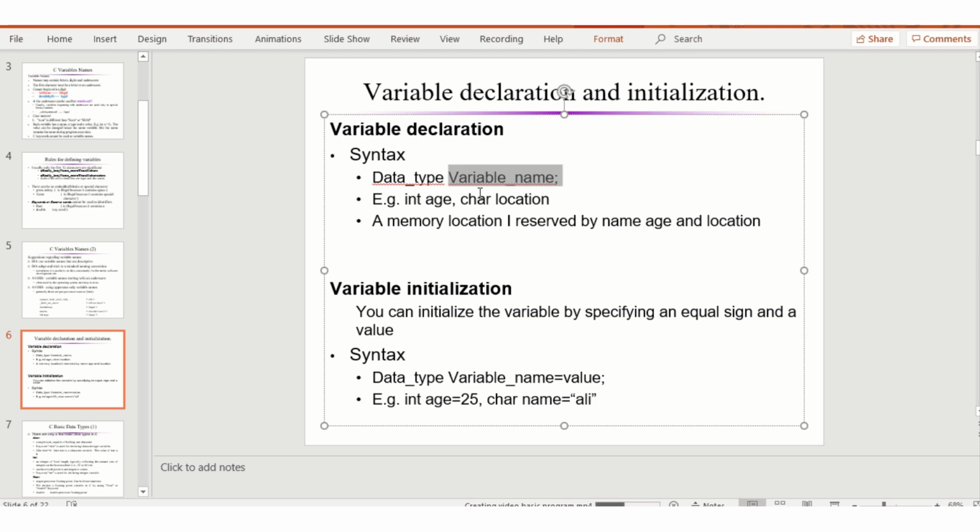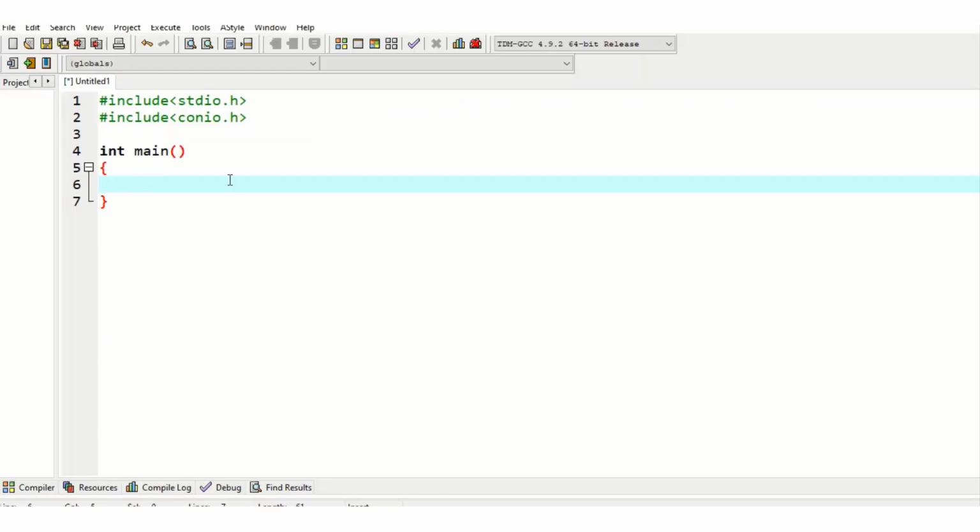There is no value. You can ask the user to enter the value against it. In variable initialization, you identify the data type, what type of data will be stored. You identify the variable name, the specific memory location, and also the value. What is the initial value for this? Here there is no initial value, it's empty. Here you also identify the value. Now I'll tell you the difference.